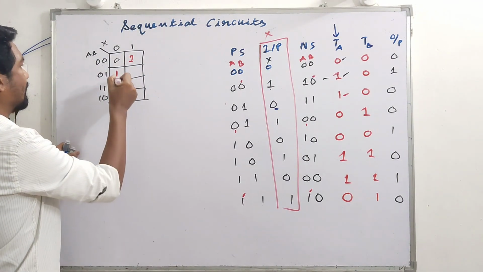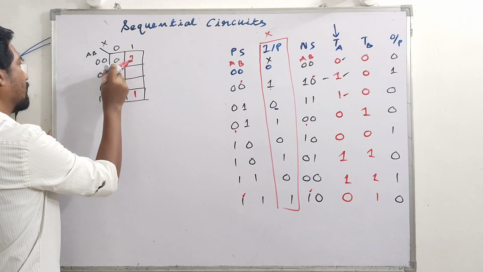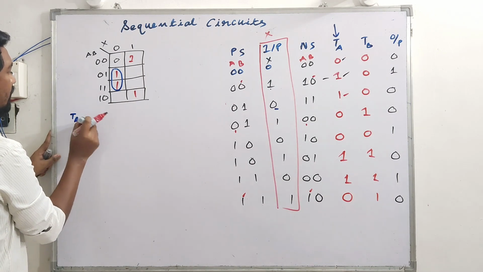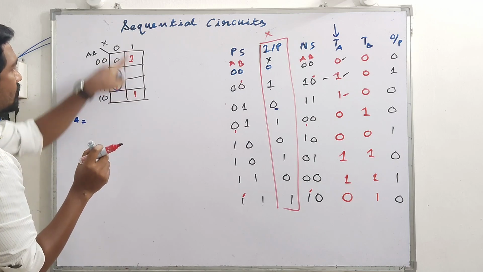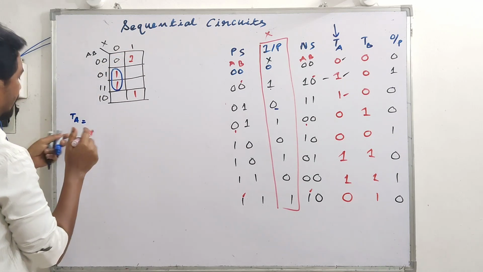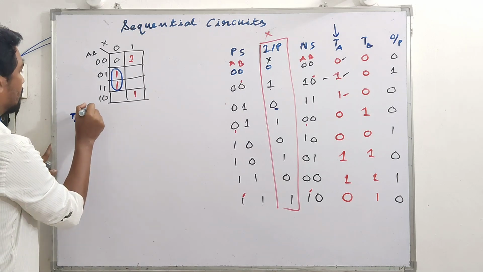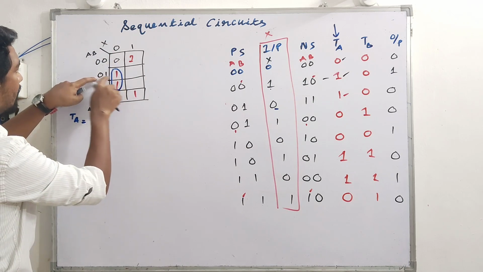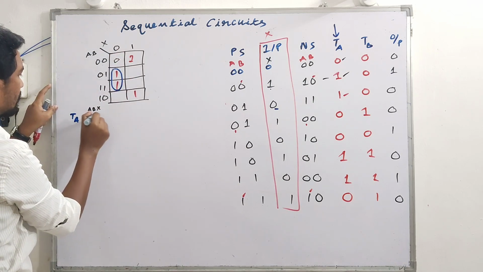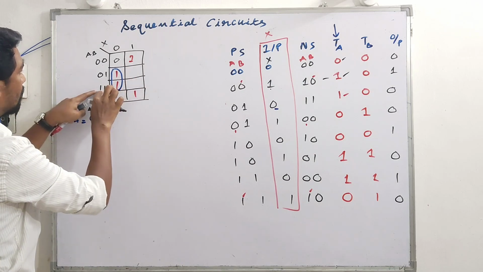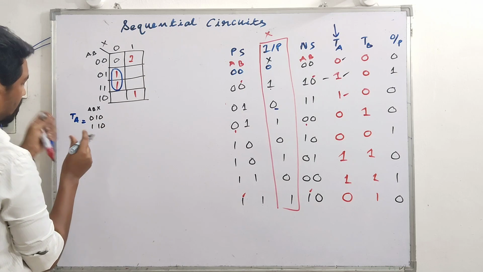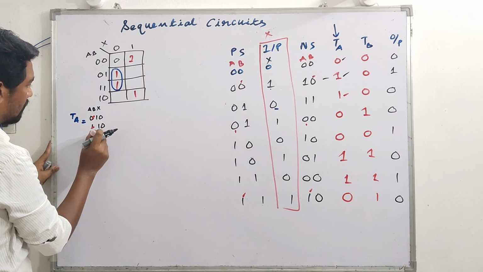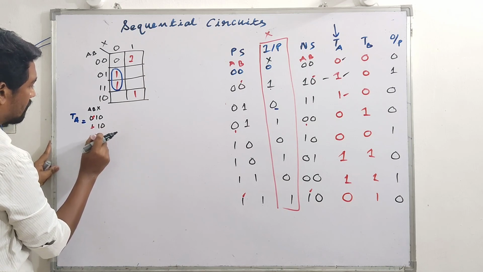And how to reduce this one? Guys, this forms a pair, isn't it? These two form a pair. So TA will be equal to, from this one, this plus these two adjacent cells. So from this one, what do we have? Watch carefully. From this one, it's ABX, isn't it? And from this cell, what do we have? 0 1 0 from this cell, and 1 1 0 from this one. Which one is toggling? This is redundant. This will be reduced over here. So we are left with 1 and 0, which is BX bar